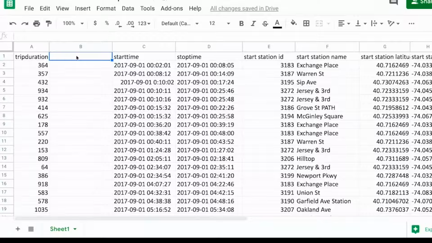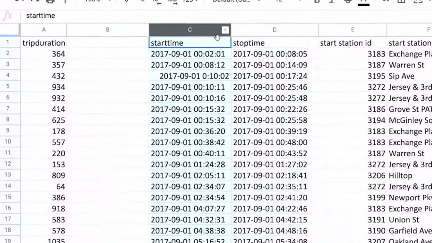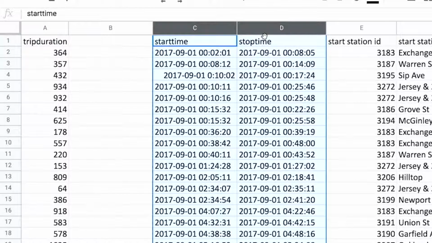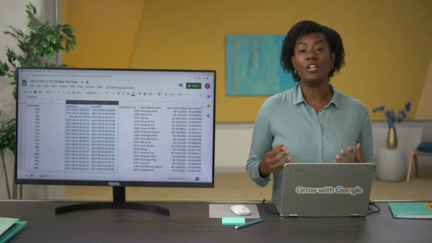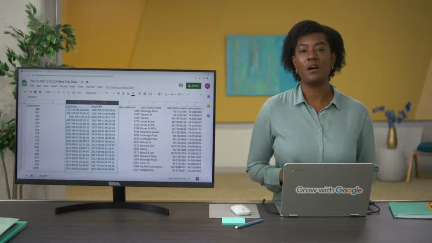Going back to our bike sharing dataset, let's check out one of their spreadsheets. This is one of the trip data spreadsheets. In the start time and stop time columns, there are strings that contain information about date and time of each ride. This is all useful data, but chances are we'll only need part of these strings to make a formula